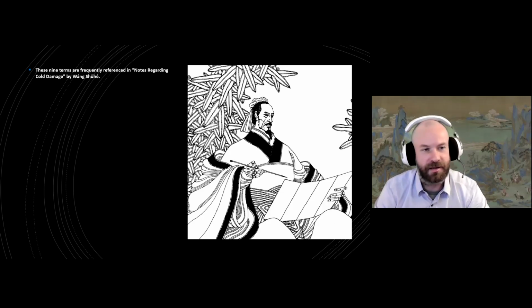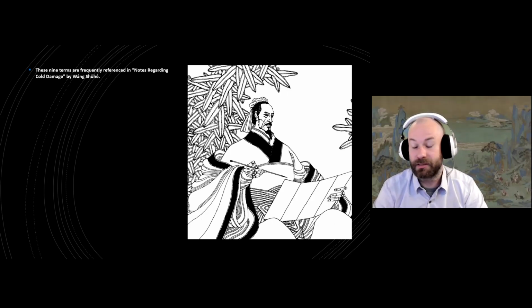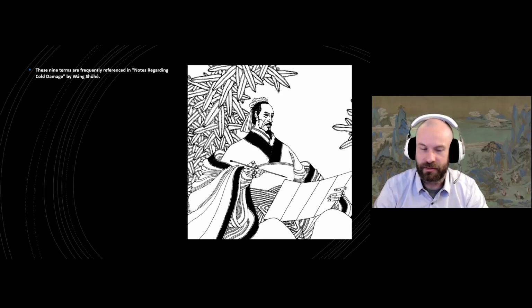He says that the 9 terms are frequently referenced in notes regarding cold damage by Wang Shuhe. That is an additional chapter to the preface of the Shanghanlun that I think hasn't really been translated in English. You won't find it in any of the full translations of the Shanghanlun. Some people might have translated it online. But anyway, he goes,